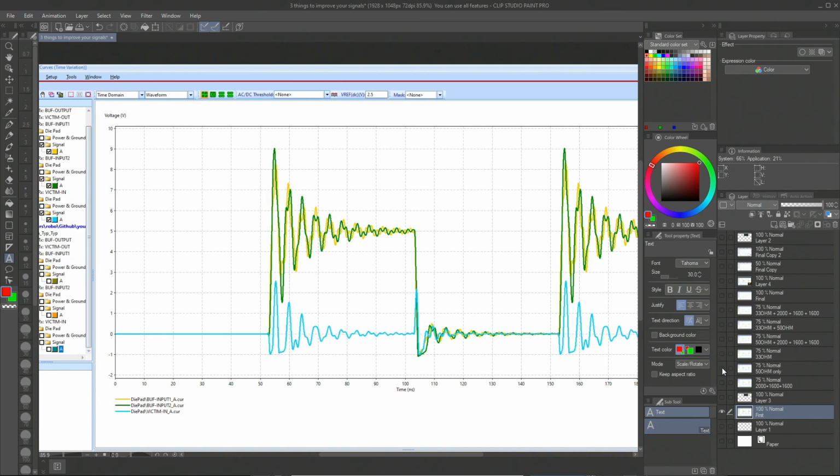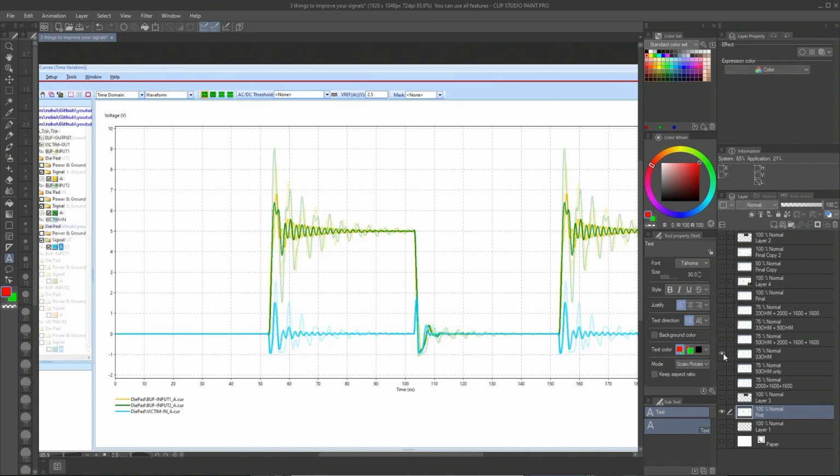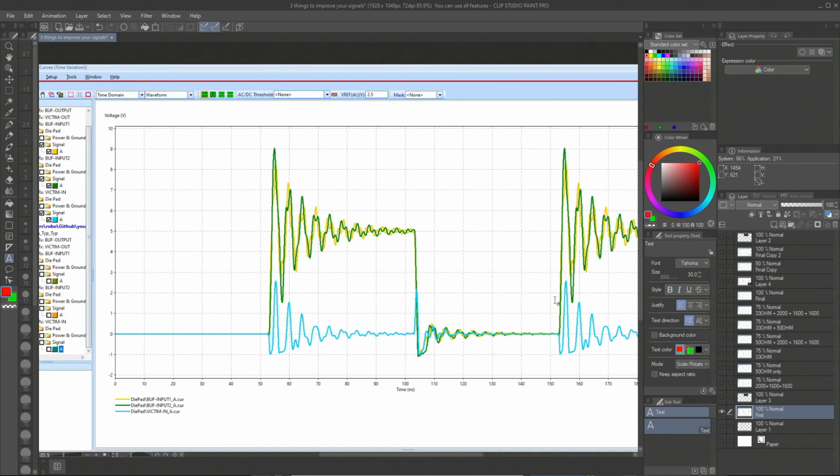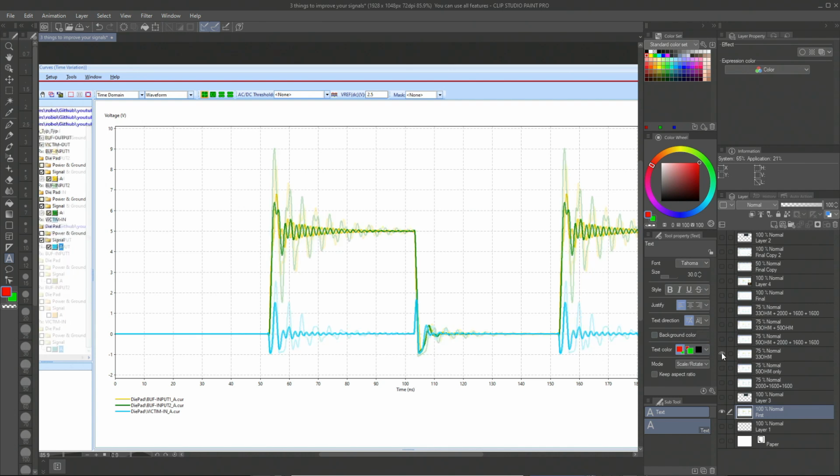Then if you would only add a series termination resistor, this is what would happen. Okay, so this is the original signal and this is the signal with a 33 ohm termination resistor.